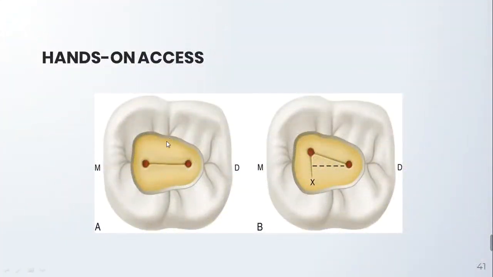We have already seen that access cavities are there and we have to look out for more canals. We have seen in certain cases that mesial canals are directly opposite to the distal canals. It usually happens in cases where we have only two canals and two roots in mandibular posteriors. But in certain cases, the canal is slightly offbeat, or we can say it is not in line with the distal canal, and that's why we have to look out for another canal. This is the way we can make sure that we have not missed any single canal in this access cavity prep.